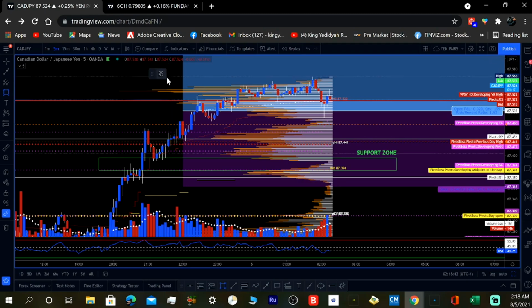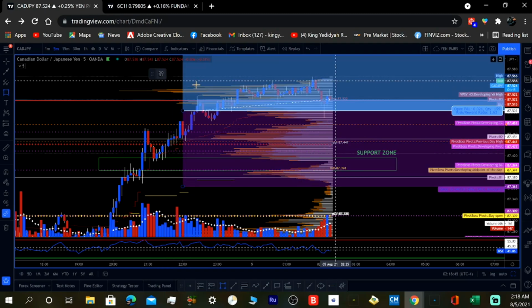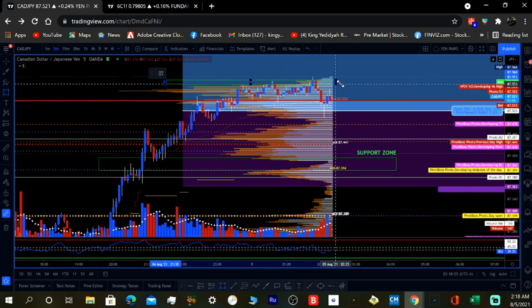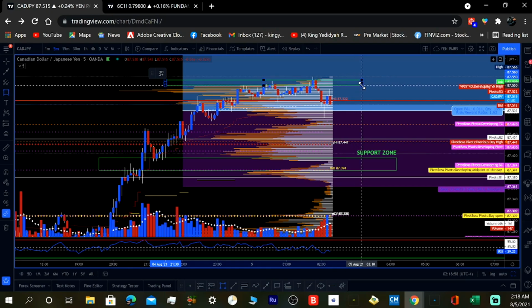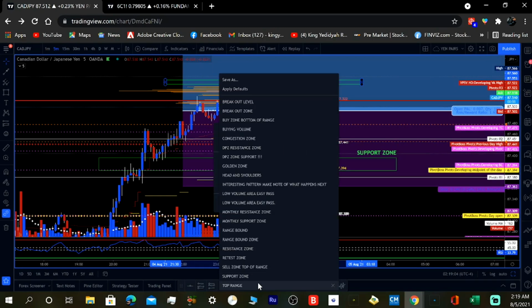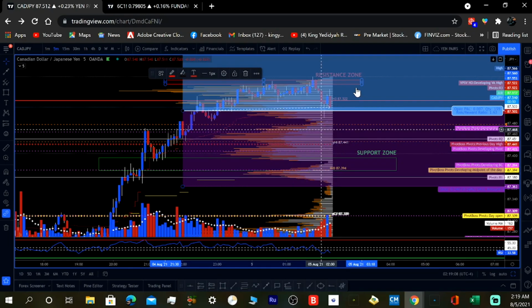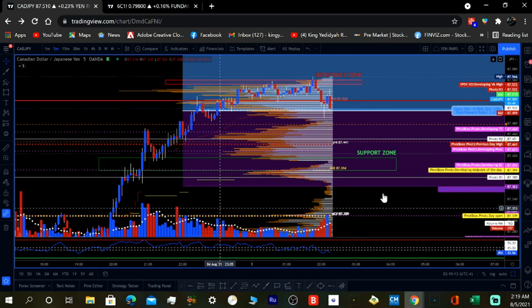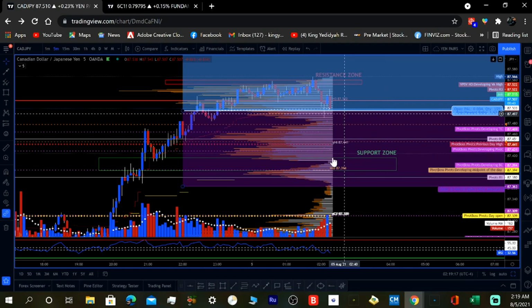So I draw this up like that and say, all right, we got resistance here, right? That's what I used to do, and I guess a lot of traders do this. So they look at this, okay, this is support, but really when you look